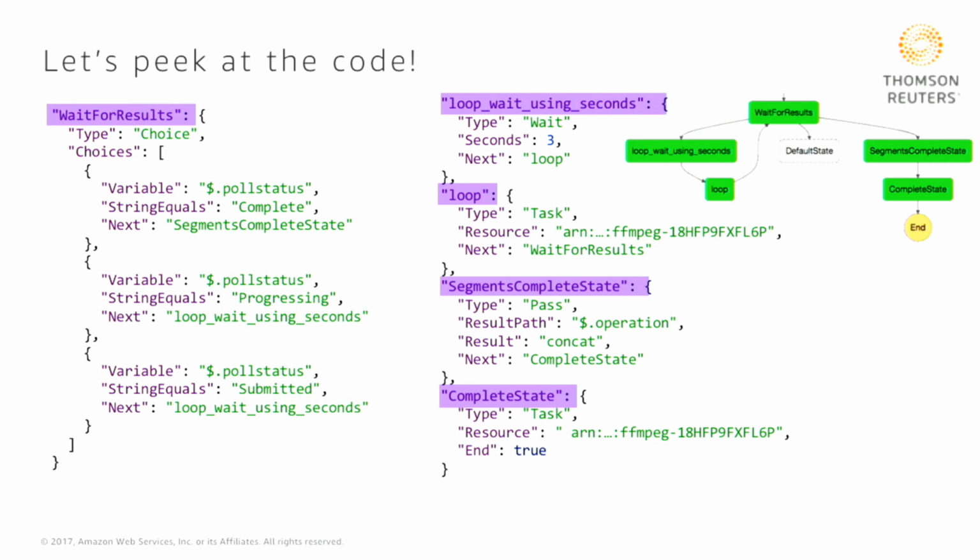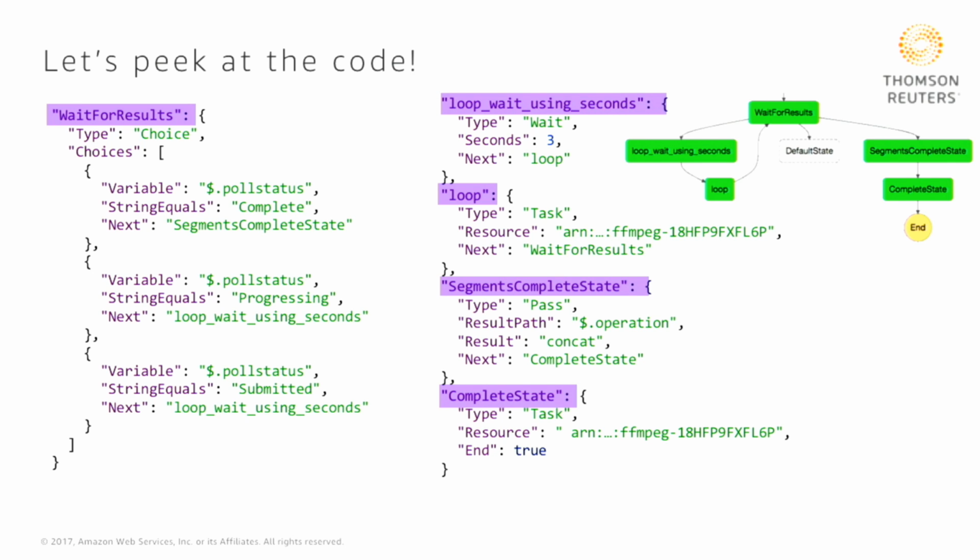Otherwise, it will change the state to progressing. So it goes back here, and we'll see it's complete. No, it's progressing. Go again here, wait 3 seconds, call the Lambda function. And then at some point, the state will be returned by the Lambda function complete, and then it will go